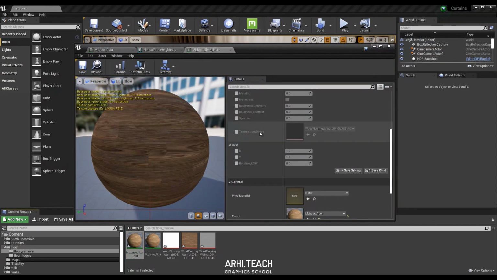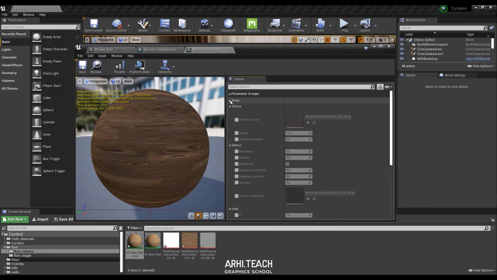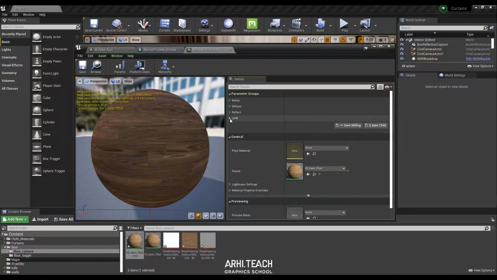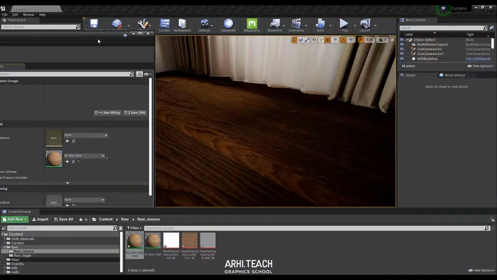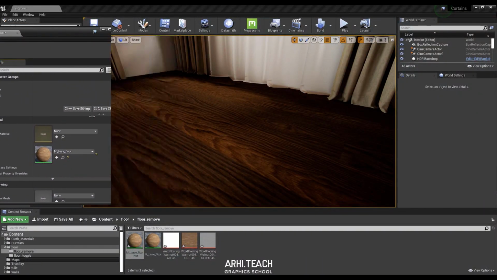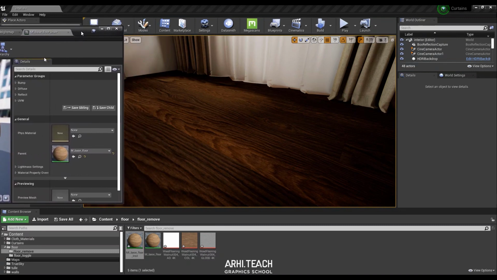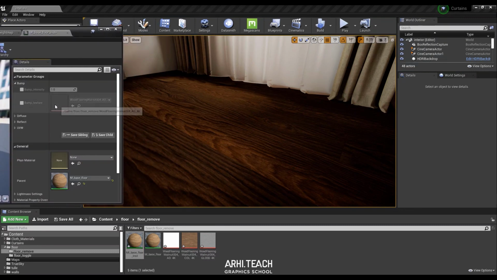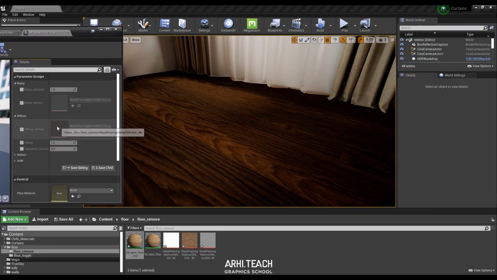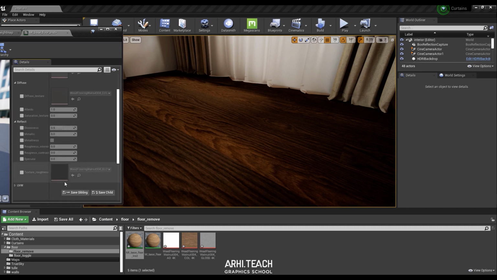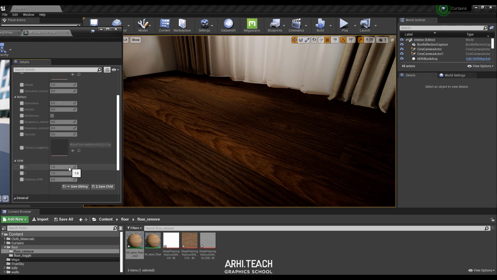That's all. Now let's see and check. So we have bump, diffuse, reflect and UVW separately. That's right. For convenience, I'll put it like this. So in bump, as you can see, we can change the texture. In diffuse and reflect, we can also change the texture. Thus, at any time, we can replace the textures with those textures that we need.